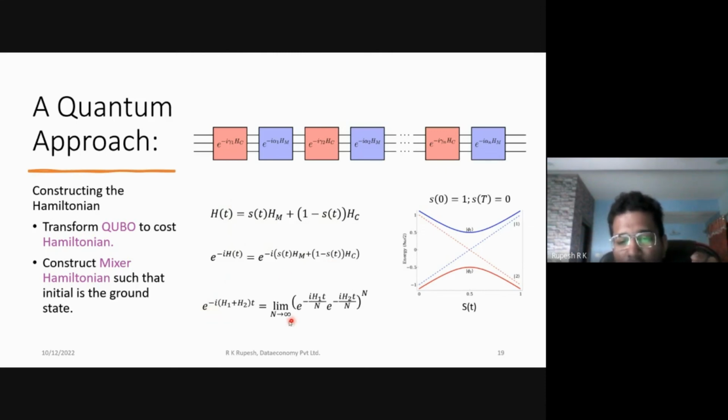And of course, n tending to infinity is an impossibility for practical cases. Most of the time, I see myself using n equal to 3, which is actually quite low, but it seems to do the job. We get quite accurate results for even just n equal to 3. So this is the number of layers that people talk about in a QAOA algorithm.